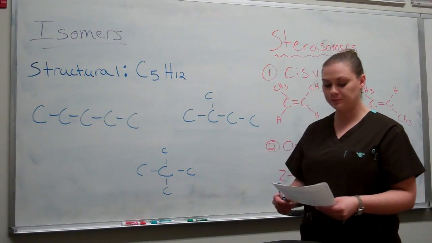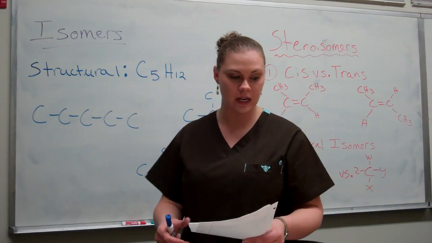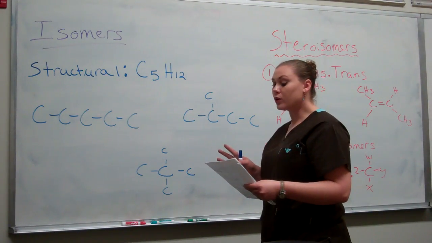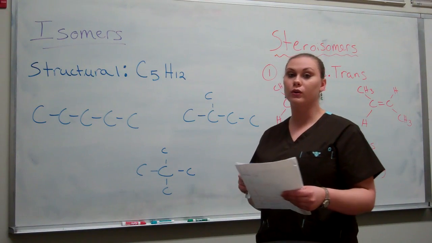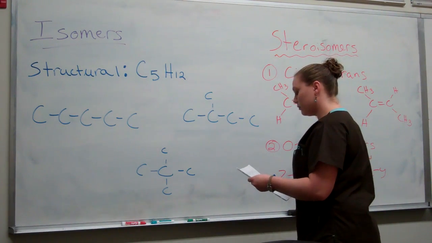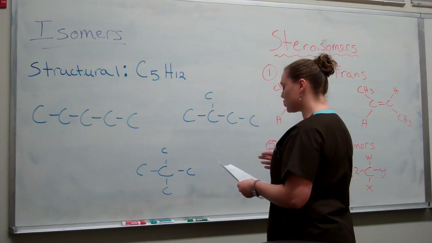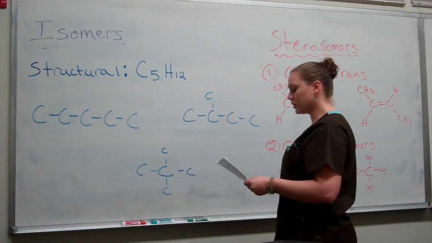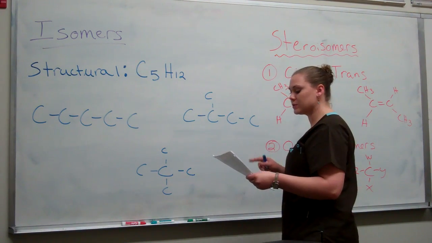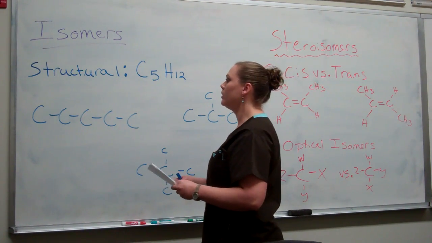An isomer, now there's two different types of isomers. Isomers are two compounds that have the same molecular formula, but they're in different molecular structures. For instance, you can have a structural isomer. Structural isomers, they have the same chemical formula, but their atoms are bonded in different orders. For instance,